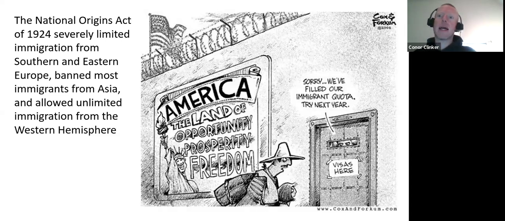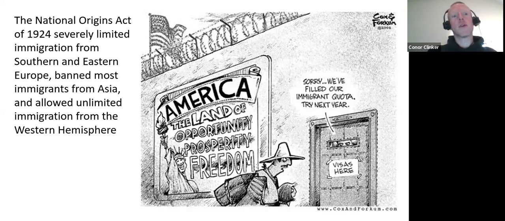This was about anti-Catholic sentiment, not about race. Banning most immigrants from Asia, that was surely about race. And it was also about concerns of cheap labor, especially from China, flooding the Western United States, supply and demand that would undercut wages for American citizens, natural born American citizens in California, for example.